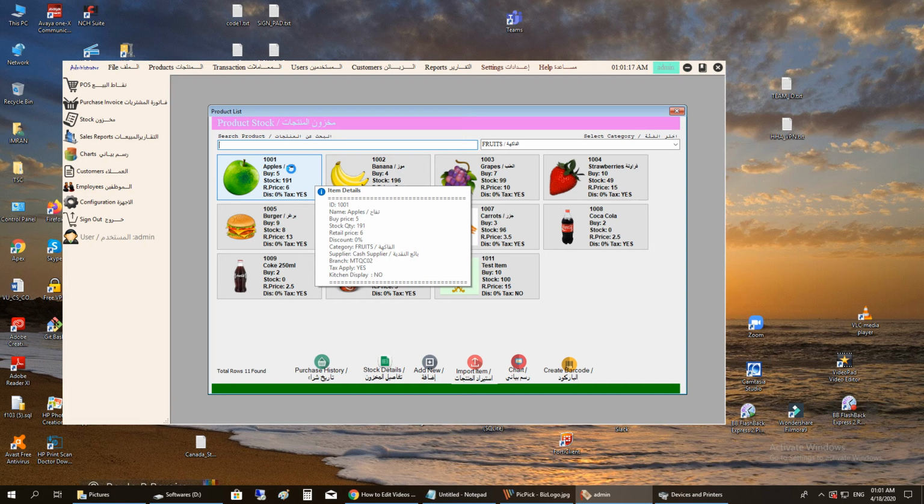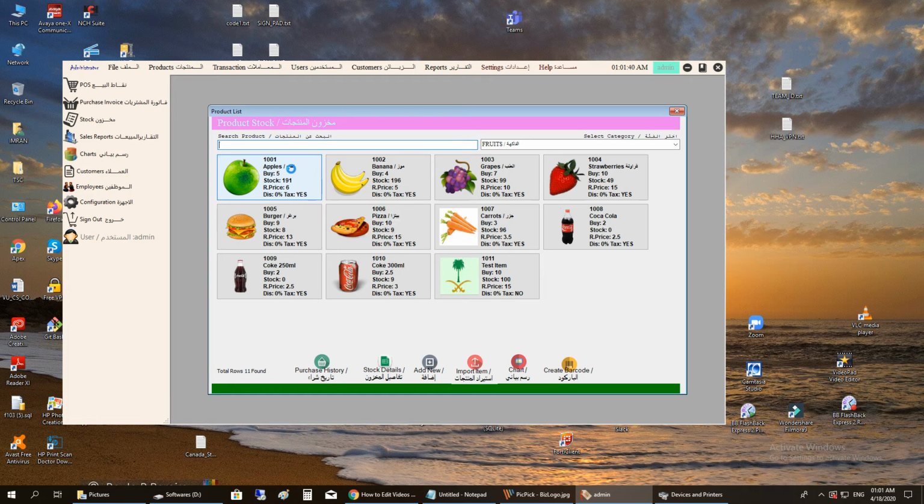You can see ID, name, buying price, stock quantity, retail price, discount percentage, category, supplier, branch, tax apply, kitchen display for the items for the point of sale system, which is like a restaurant system, because this system, as I told you, we can use for retail, we can use for wholesale, pizza shops, burger shops, coffee shops, and restaurants, and all other categories of